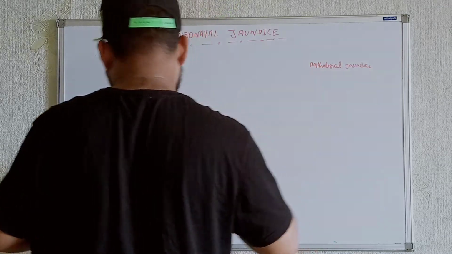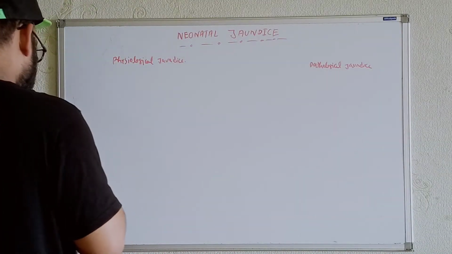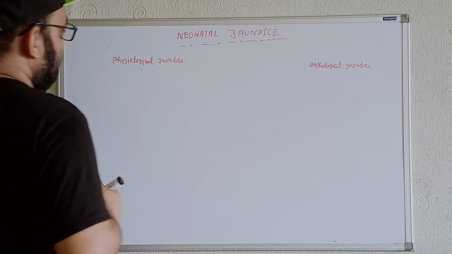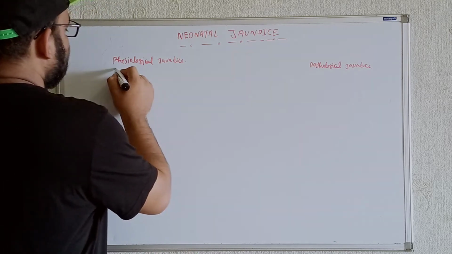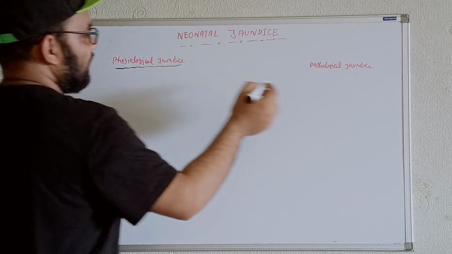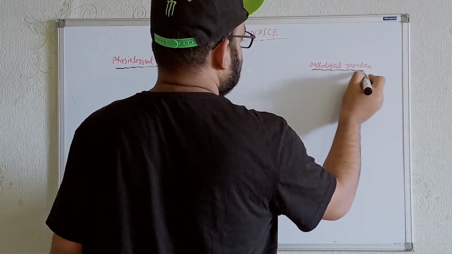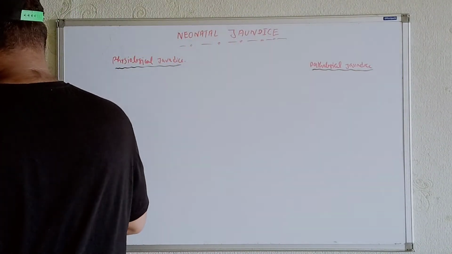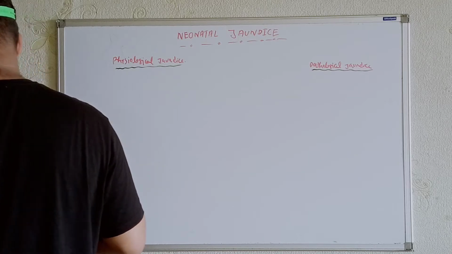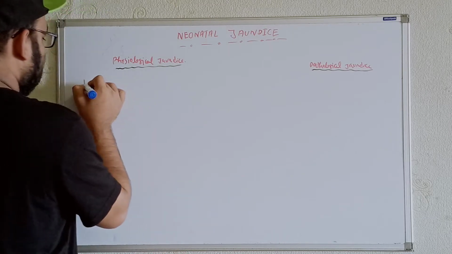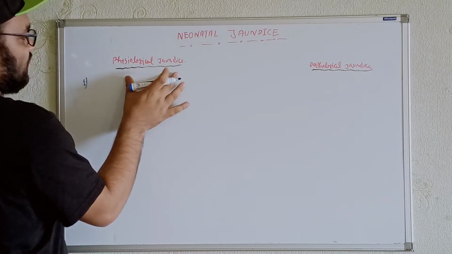Now how can we differentiate them? Now see, the symptoms of physiological jaundice and the symptoms of pathological jaundice will appear at different times. So the first thing, if we compare the clinical jaundice,